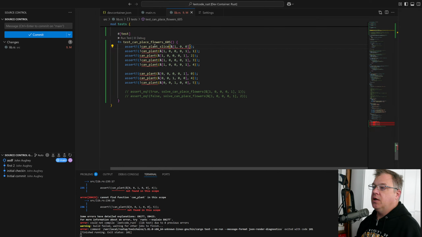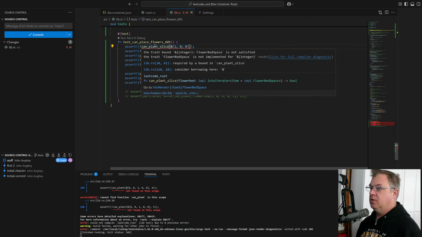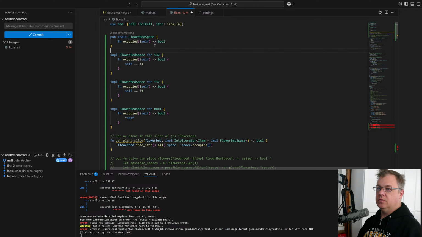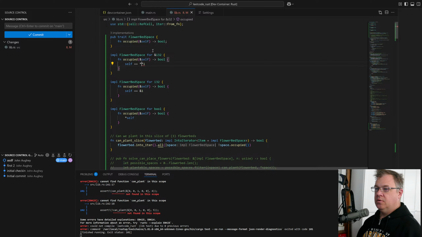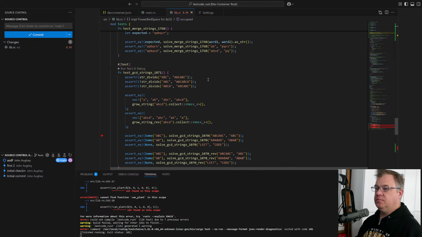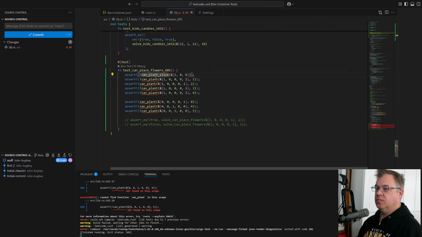Okay. Can we plant this slice? Flower bed space trait is not implemented for integer. Oh, for sure. Flower bed space for... we double. Oh, there we go. Good.